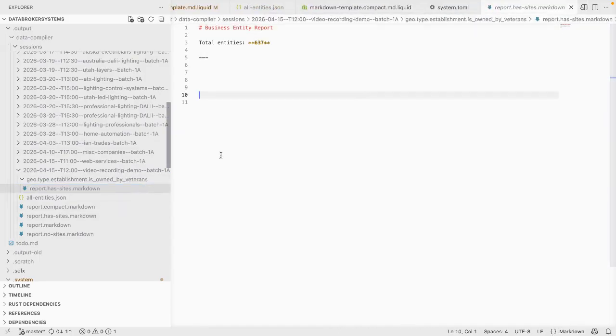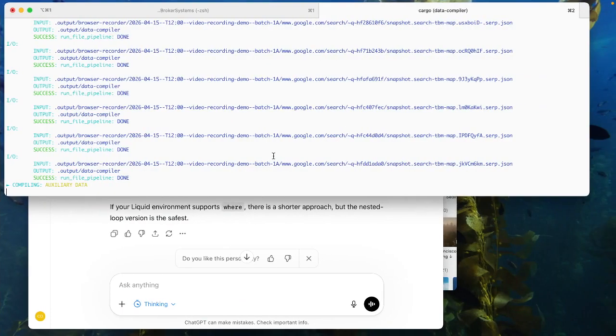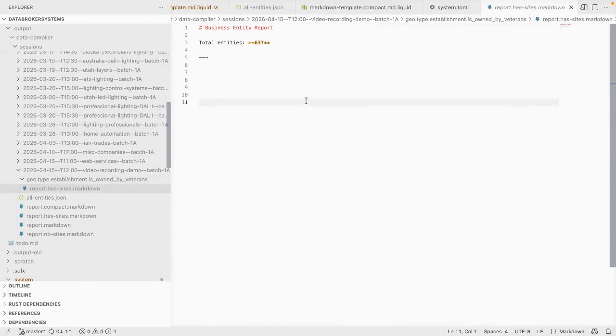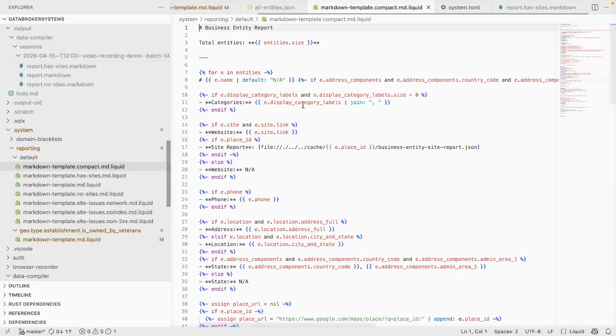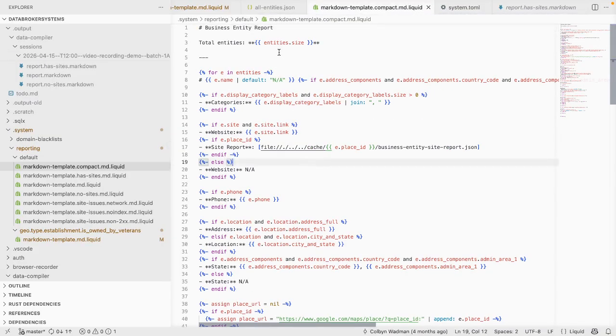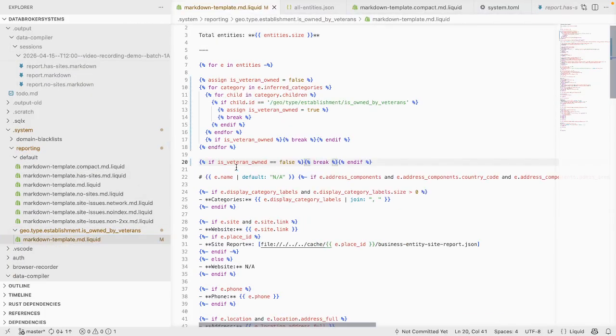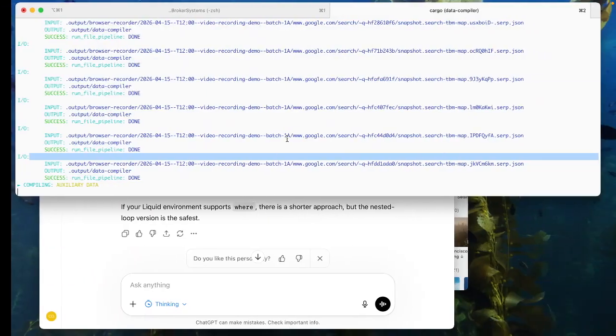Huh, that did not work. Not only that, this counter should reflect the other thing. Wait, what I want to do is continue specifically. Now, if veteran owned is equal to false,